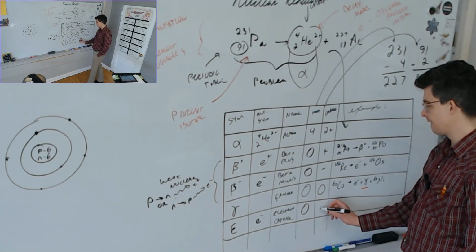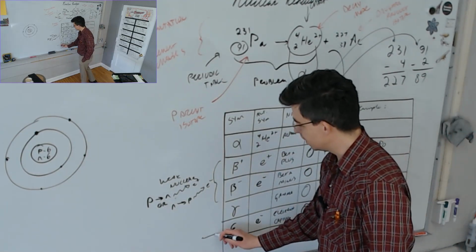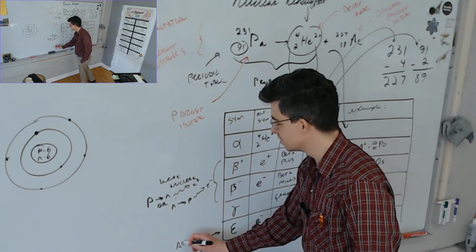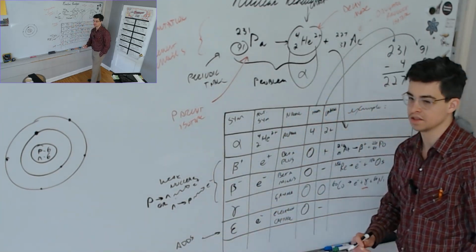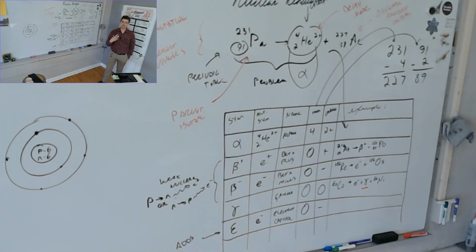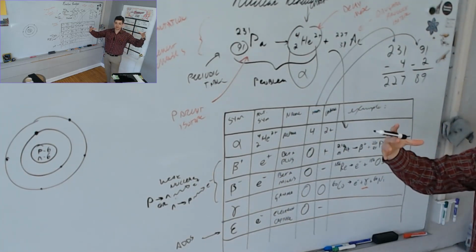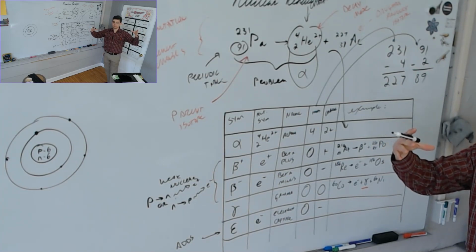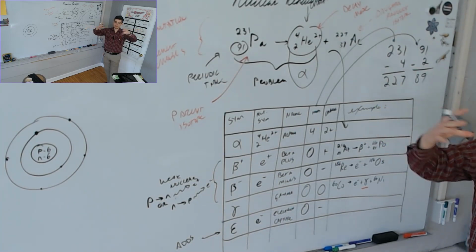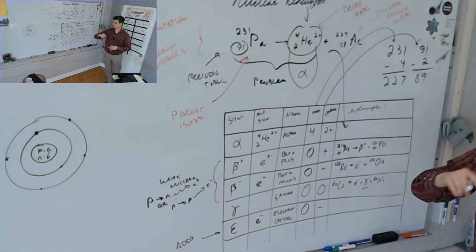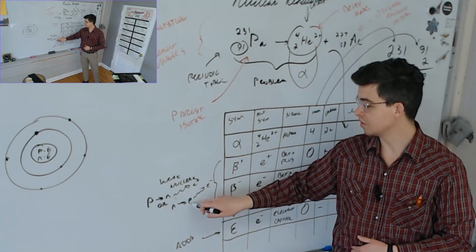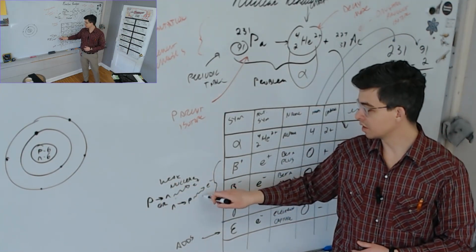It's an electron, negative. But this one, instead of subtract, it adds. It's capturing an electron. In this decay mode, the unstable nucleus absorbs an electron from its lowest energy level. So it already has electrons, as almost all atoms do, and it just absorbs one of those electrons into the nucleus. And then that, kind of like the opposite of this little thing here, that electron combines with a proton